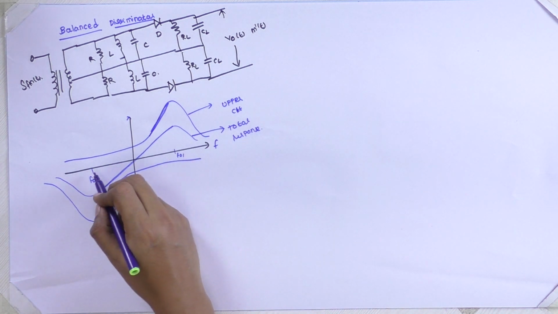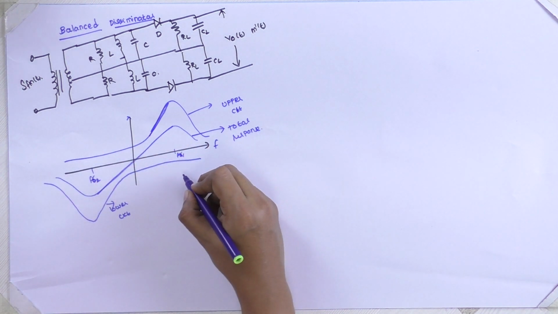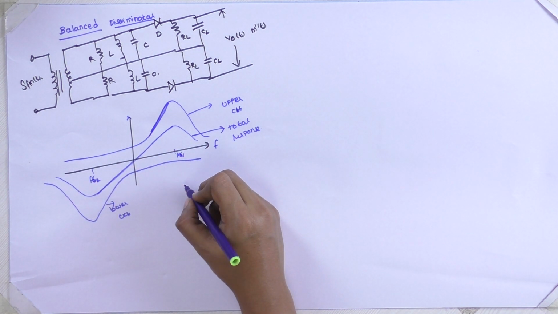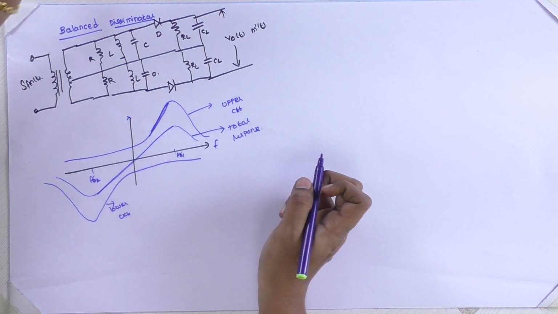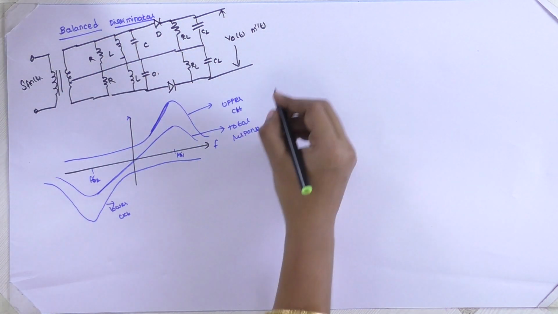Separation between F01 and F02, this FR or F0. In some of the books we refer to it as FR, in some of the books we refer to it as F0. Both represent the resonant frequency curve. And the second topic in